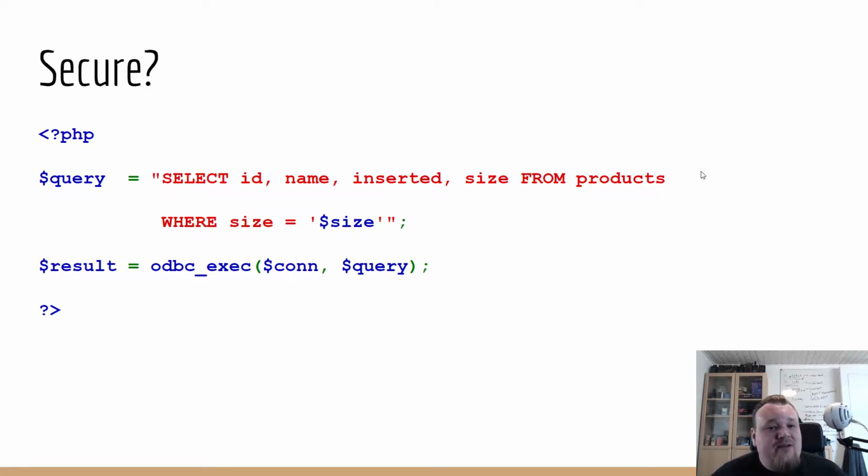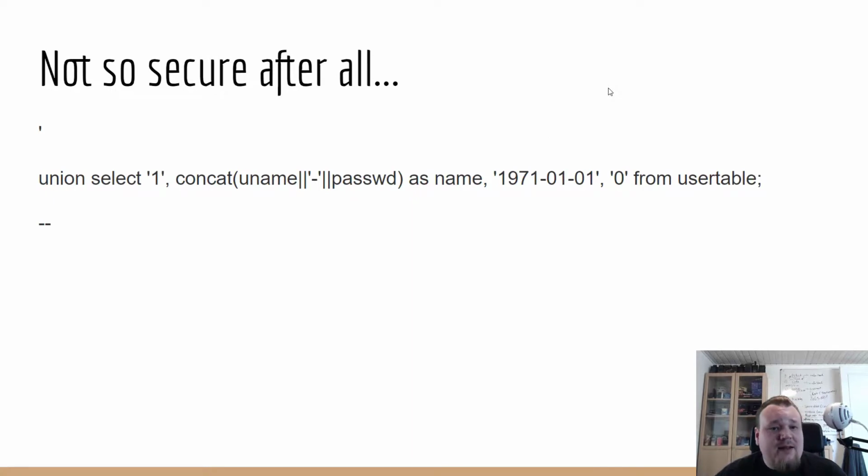Another one could be like that. We have another insecure piece of code in PHP again, where we just set some size equal to another size, and if this happens, we can do something like that, do a union select and concatenate username and password from whatever user table we have. Of course, this is a more final attack, and if needed we would need to do some preliminary steps to find out the table column names and table name. But this is just an example, so let's assume that you already know those column names.